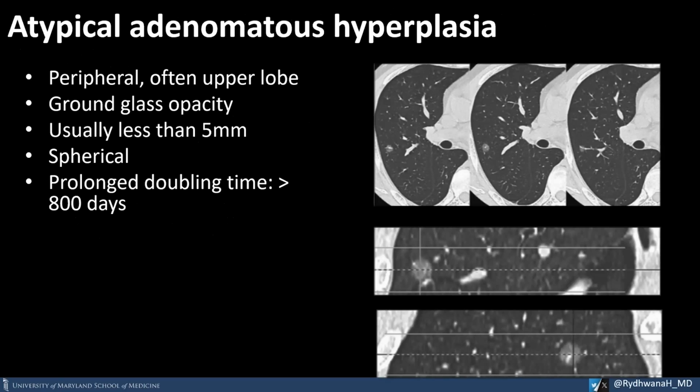It's usually a small lesion, usually less than half a centimeter or so, and the borders are irregular but well demarcated from the adjacent parenchyma. And these nodules, if you look at them on the axial, coronal versus sagittal reformatted images, they essentially look the same. The dimensions are very similar. And these lesions grow very slowly. So we're talking about something around 800 days for a doubling time.